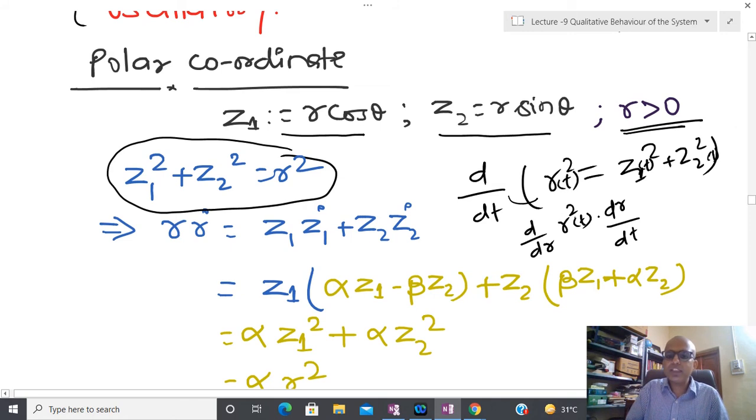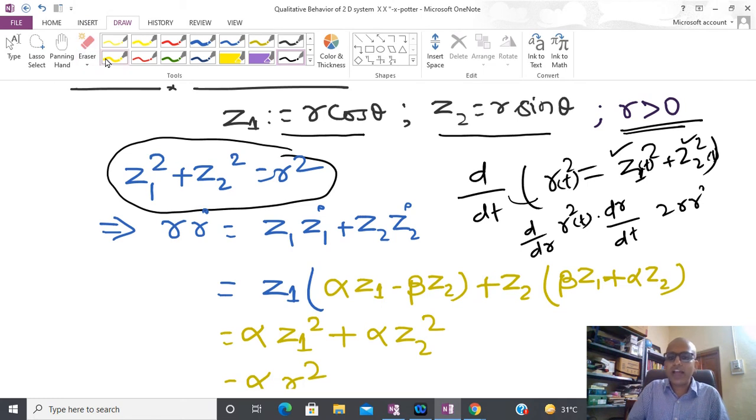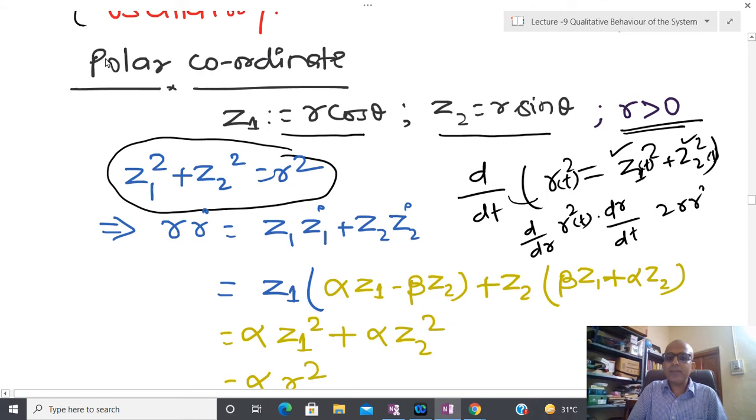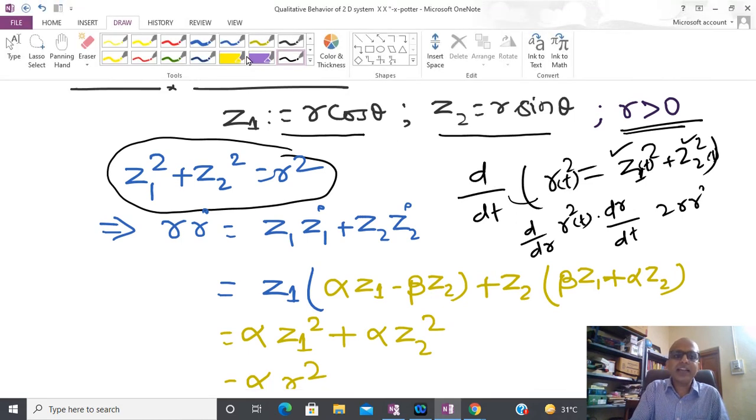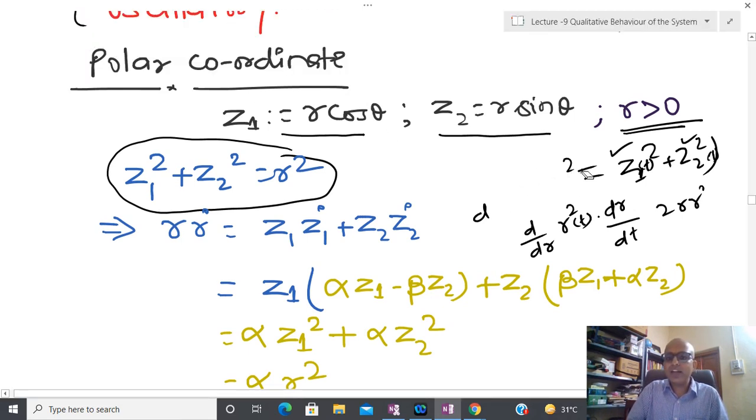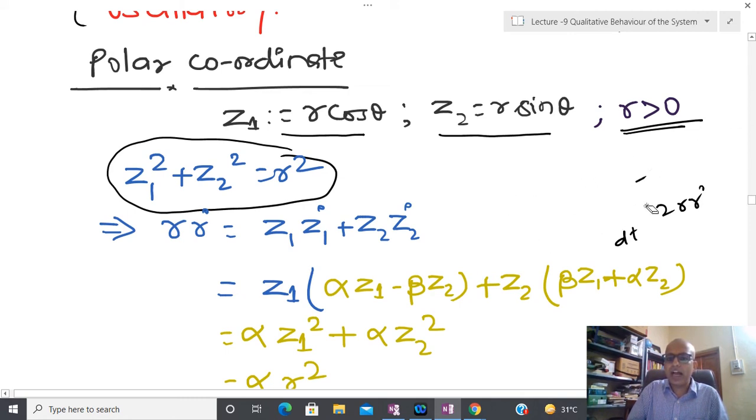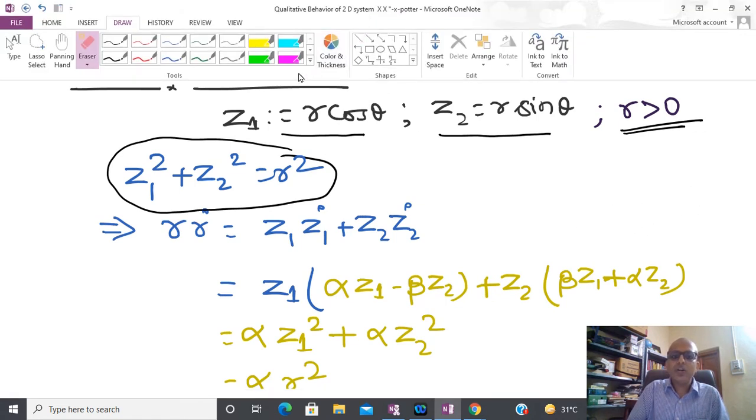So the derivative of this quantity with respect to r is 2r, and after that dr by dt I have written as r dot. Similarly, you can do the same for z1 and z2. I think you are able to understand why I have written r dot. Does anyone have confusion on this? You can just apply the chain rule and come up with this particular expression. I am going to remove this part because this is obvious, and I hope you are all already well aware of it. And after that, now what you can do,